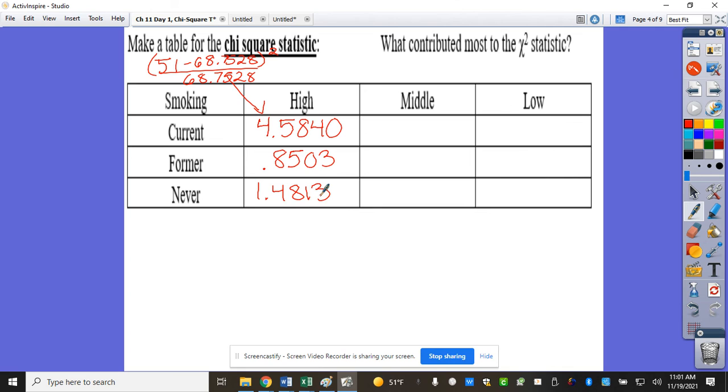Middle current, I get what? Middle current, I got what? 1.5. Middle former, 0079. Middle never,